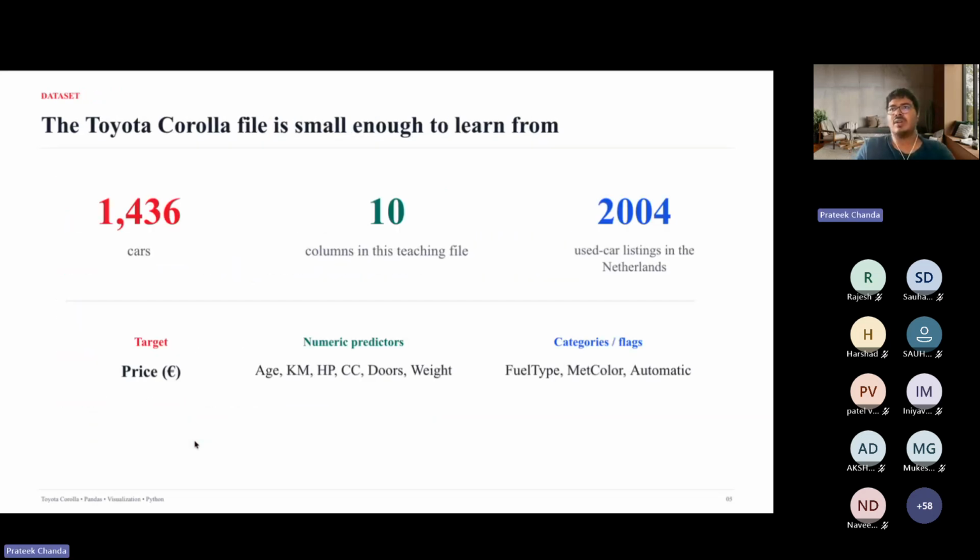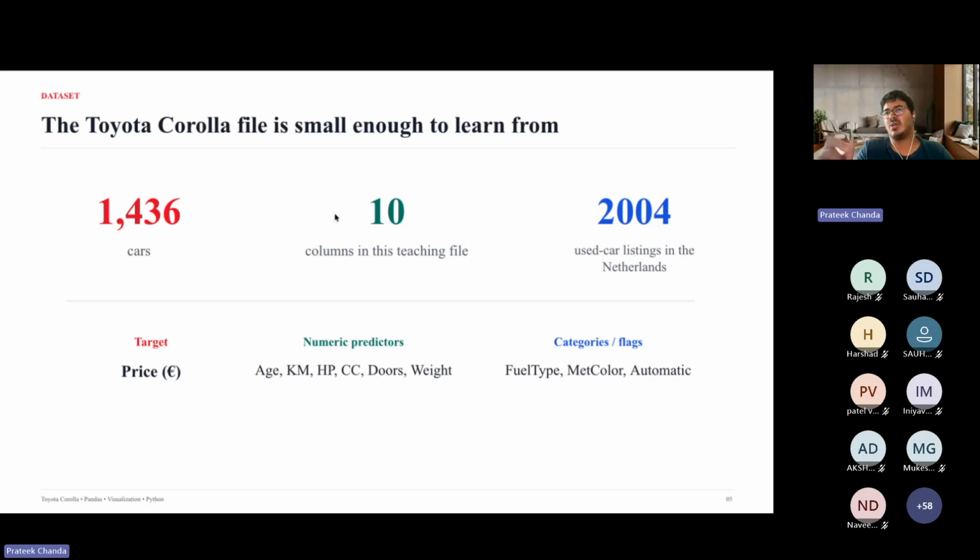We'll look at the data set which involves a total of 1436 car entries. So there are 1436 rows in the table, there are 10 columns, and these are 2004 used car listings in the Netherlands.